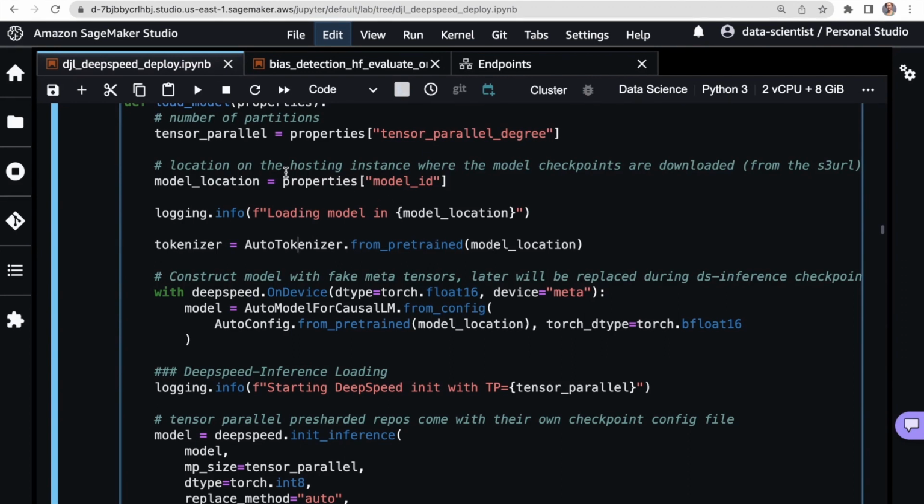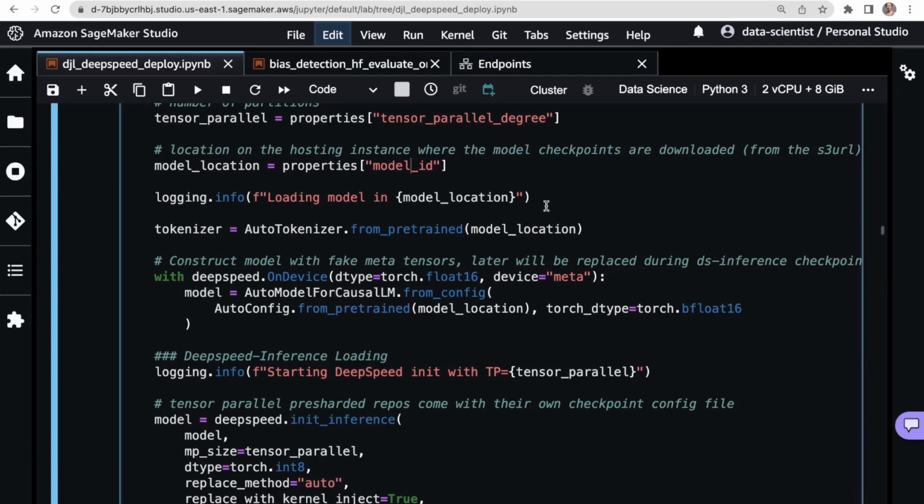What's happening is the name of the model is also being used as the name of a local directory on the hosting instance, where the model artifact will just sit. It will live there. And then we're pointing to that location from this AutoTokenizer, so we're reading from_pretrained that model location.